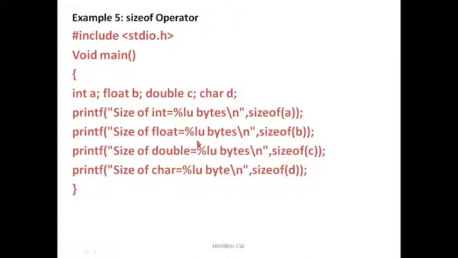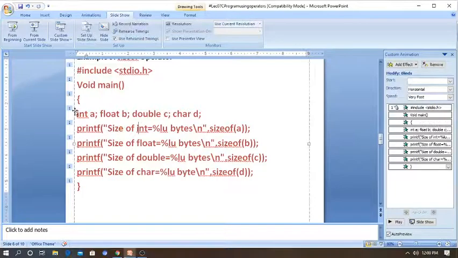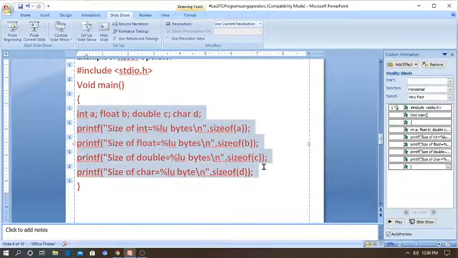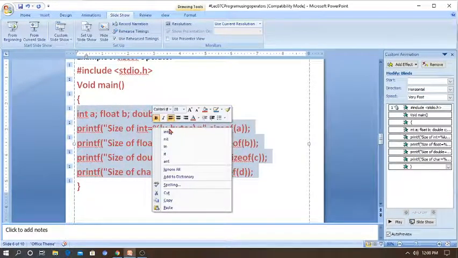I already told you in the previous sessions, I explained about the data types. The size of the data may be 4 bytes, 8 bytes and so on. Let's execute the program. It will print the size of these data types here.